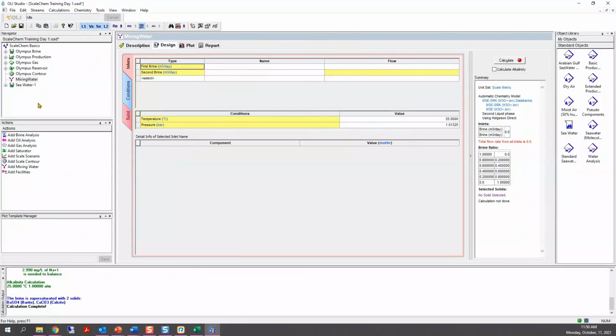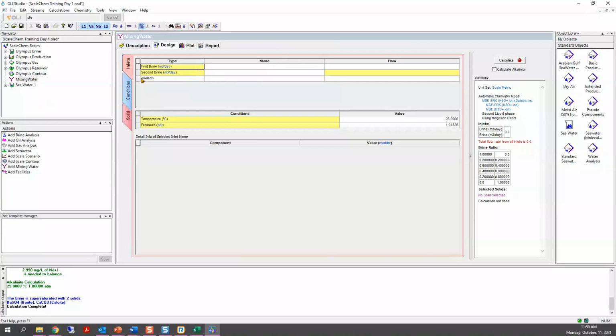Once we know what the phase contacts are going to be, then we can enter the information here in the software. So for this example, we are going to do seawater breakthrough, and basically we're going to mix seawater and we are going to mix the Olympus brine.